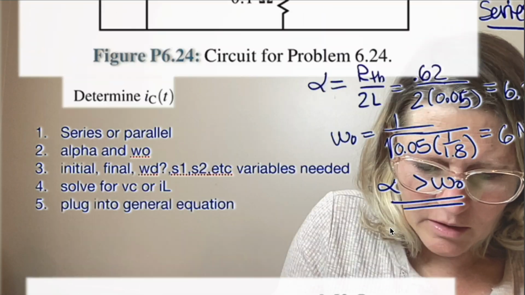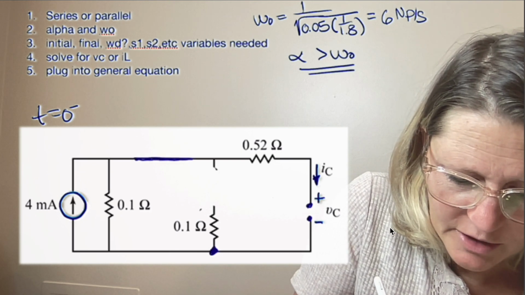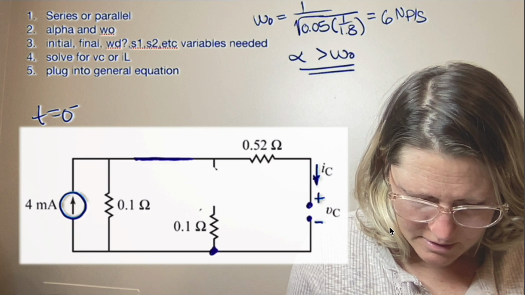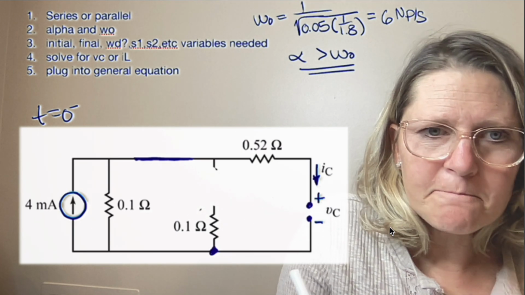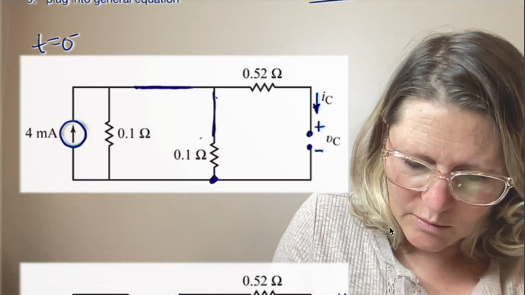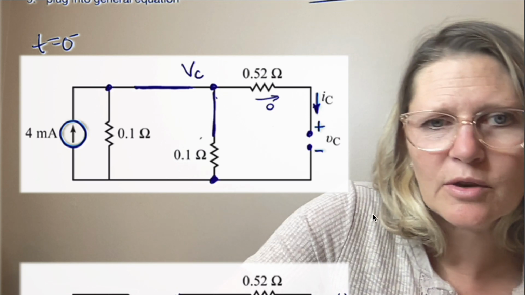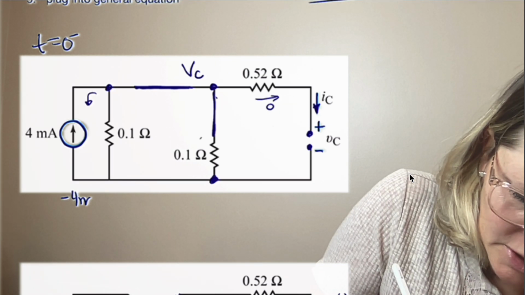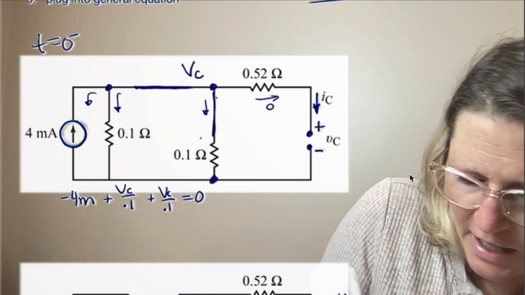So with this, I usually start at the initial value, so that's going to be right before the switch happens. It's going to be sitting for a long time, so that becomes a wire. The capacitor becomes an open, and the switch is right before it opens, so it's going to be closed. And with that, you can see that there's no current here, which means there's no voltage there. And so I like to do node voltage, and so this is going to be the same voltage up here as across the capacitor, so VC. So this branch current minus 4 milli, this branch is VC over 0.1, and this branch is VC over 0.1, and solving that gives me a VC value